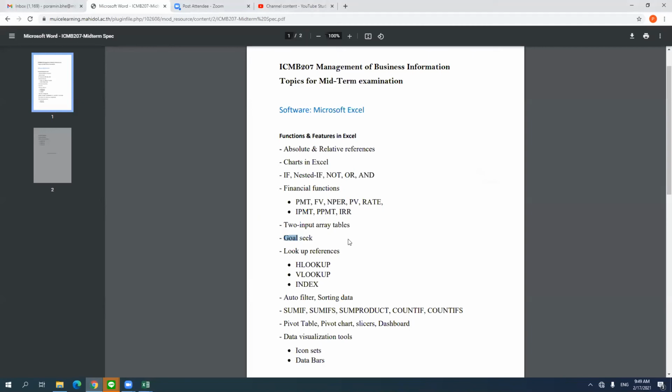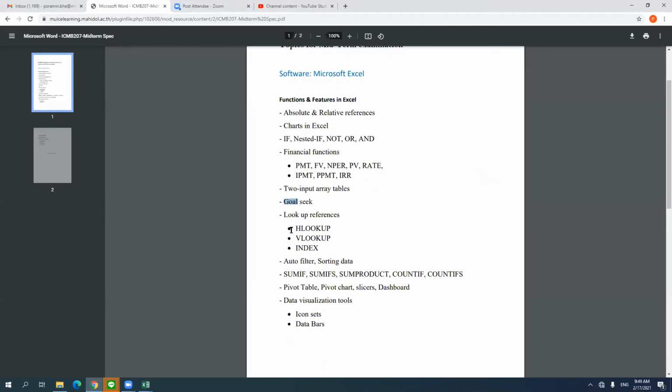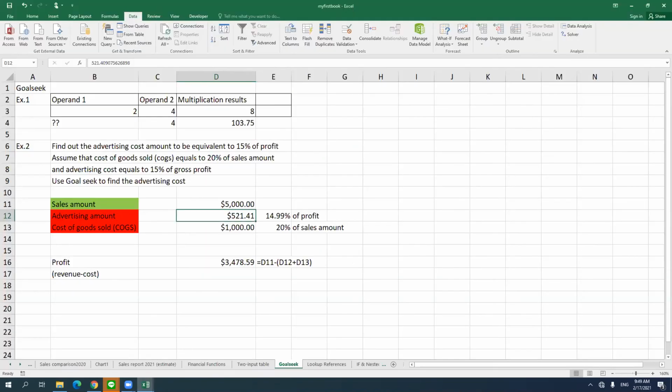After that, we learn lookup references. We have three major functions: HLOOKUP, VLOOKUP, and the INDEX function. And I also add the MATCH function a bit to be used with INDEX. If you would like to add more, you can combine INDEX and MATCH together. For HLOOKUP, we use it whenever